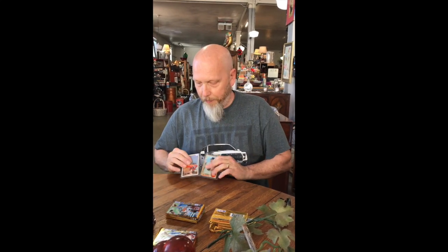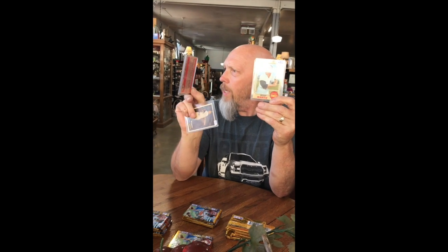So the cards finally show up, and I'm all excited. I pulled the Mantles out. There's a 68 right there, and this is a 58. No, this is a 53. A 53 Bowman. This is a 53 Bowman, and this is a